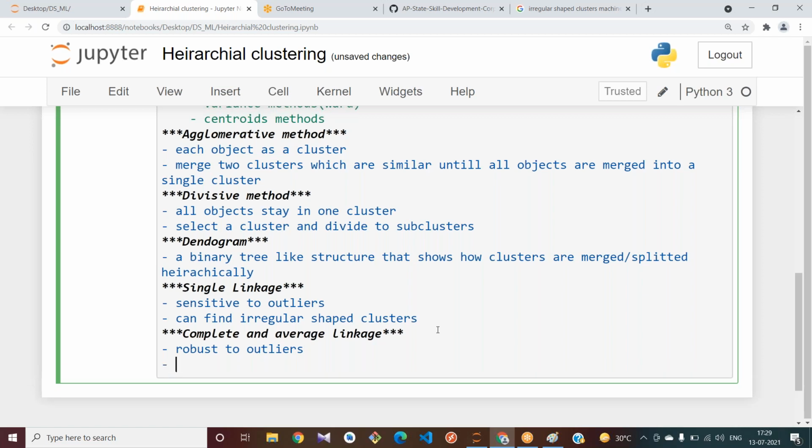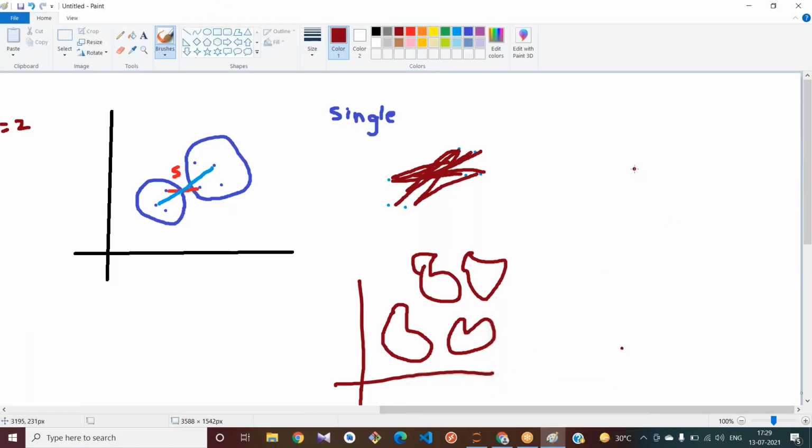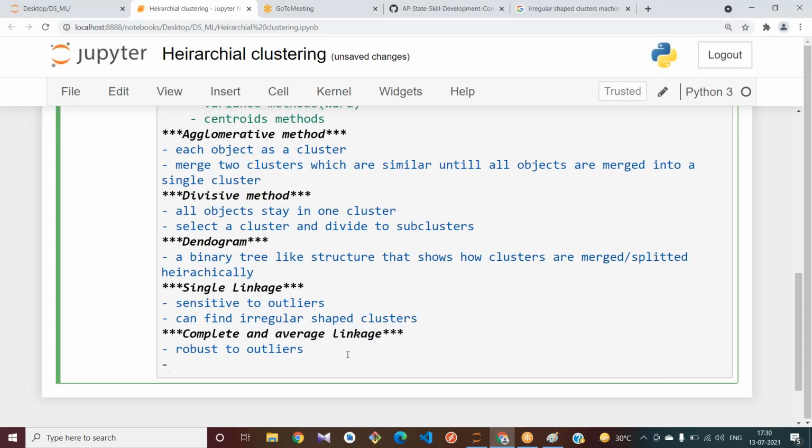Also, let's consider this point: if your data is in a spherical shape when you plot it, complete linkage or average linkage works better with this kind of data.